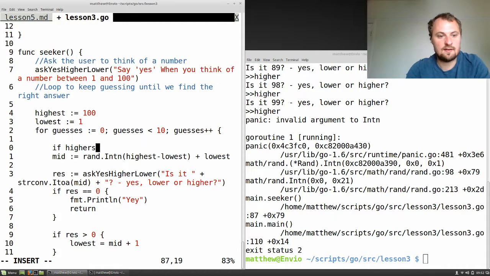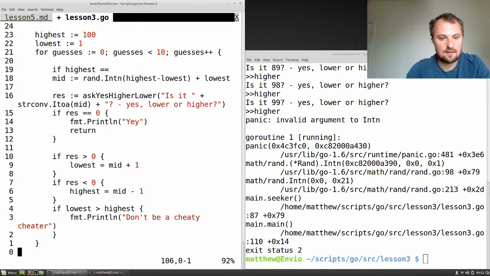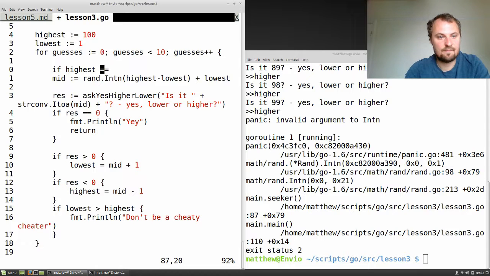If highest is less than or equal to lowest,